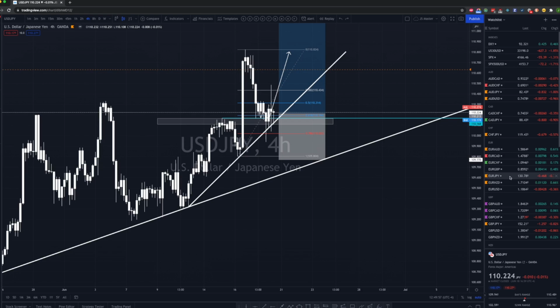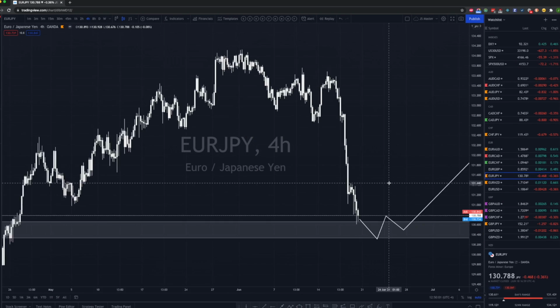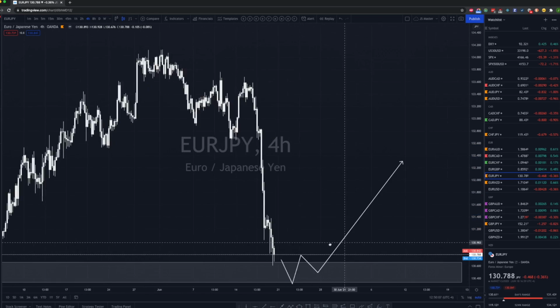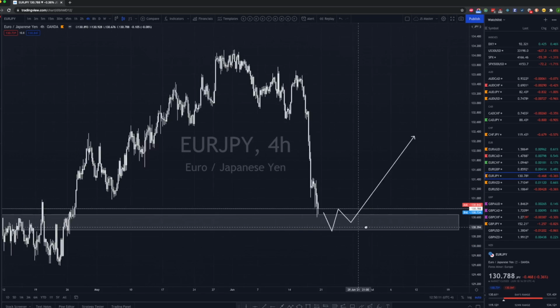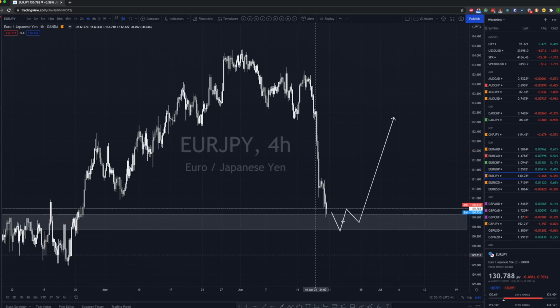The JPY pairs, I think, are going to present some good opportunities. It's just a case of it actually setting up in a pretty decent manner, right? I just don't want to take buying opportunities for buying opportunities' sake, right? I want to get nice clear entry reasons, a nice shift into some clear structure, and then take high quality